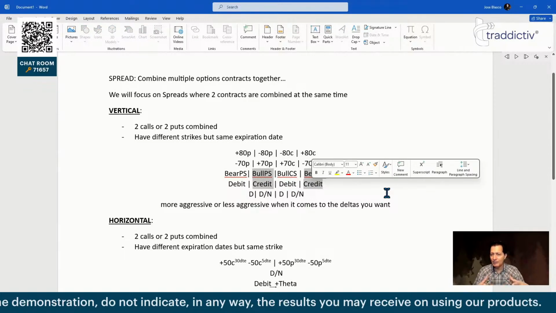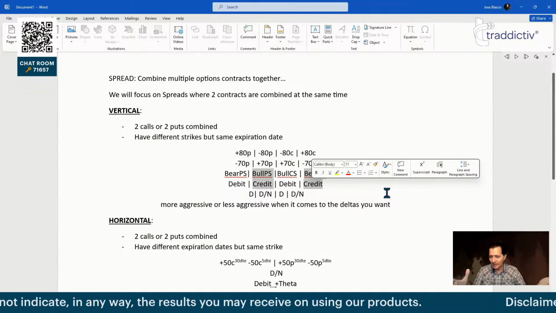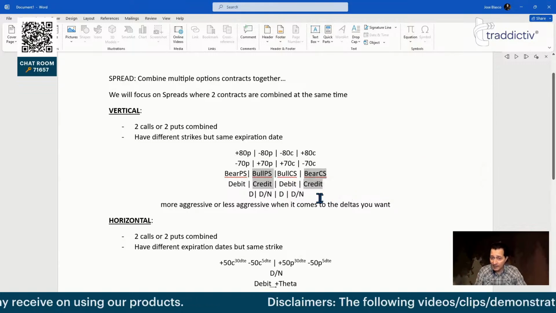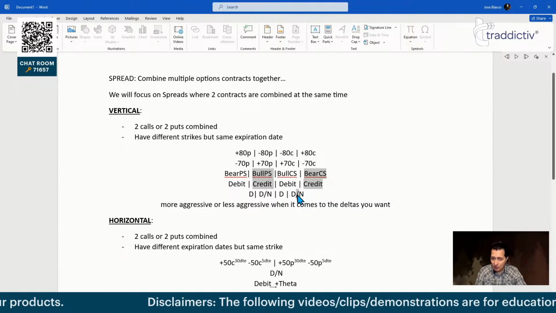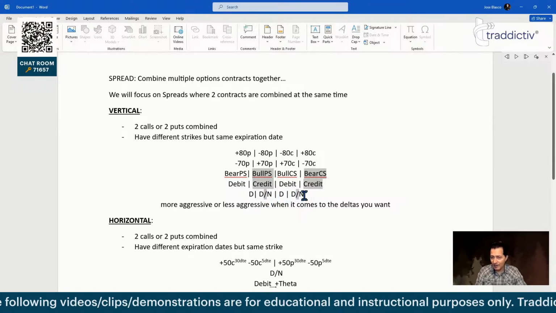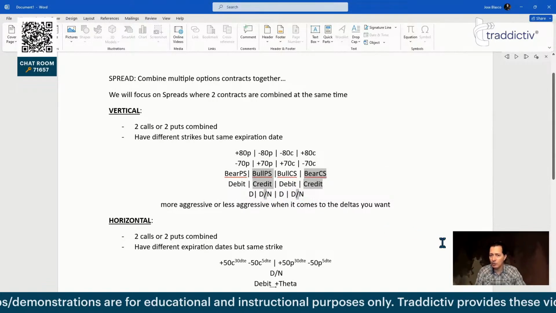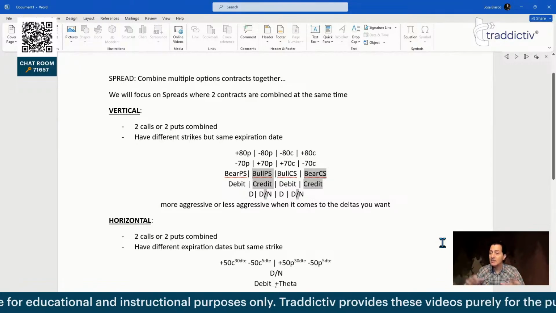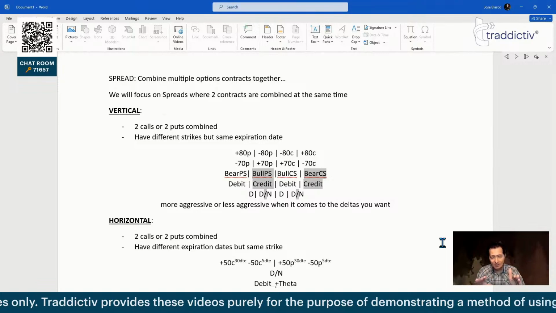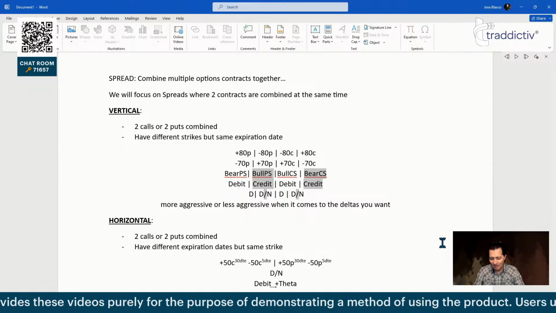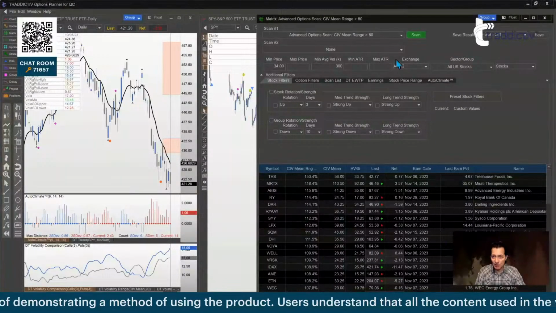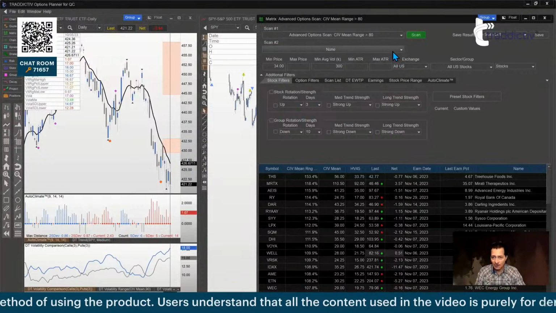So now I need to define the bias of the trade. Am I looking for a trade which has a bullish component or a bearish component? Knowing that credit strategies are directional and neutral, but even though they are neutral, they are not totally neutral. This is not an iron condor, which is non-directional. This is directional, neutral. Okay? So I need to set some sort of a directional component. How can I do that?